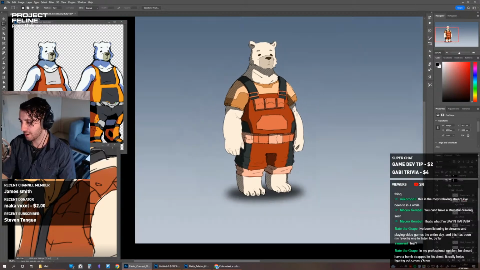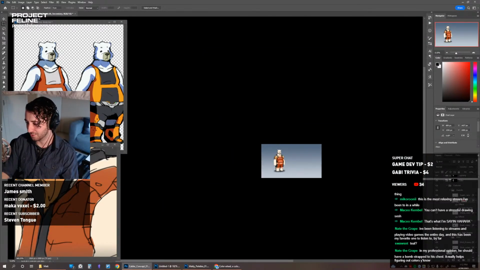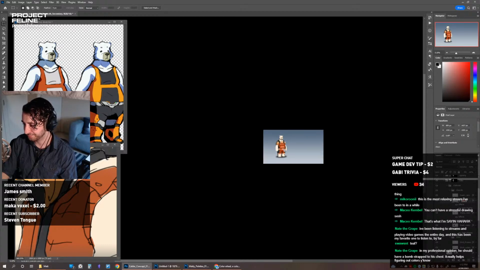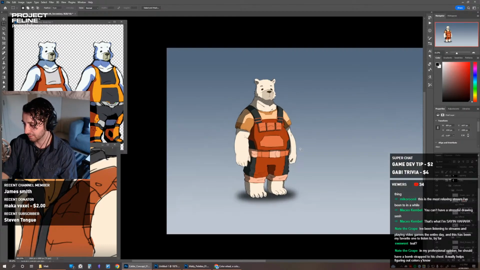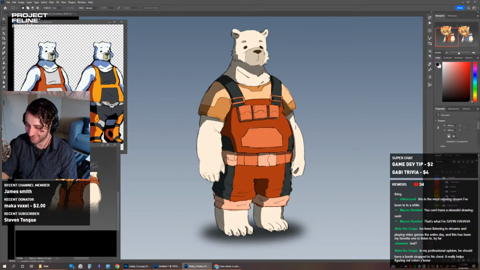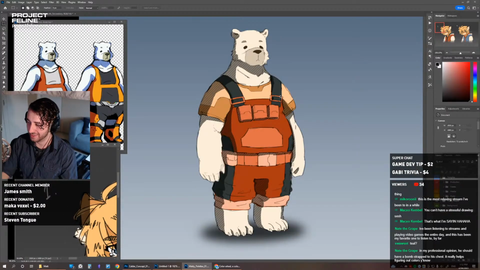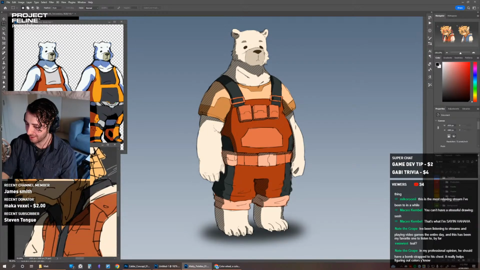Cool. I'm actually kind of digging the gold. And then if you zoom out, you can see it still kind of holds up from far away. At least I think so. We've literally just copied the colors from my other character. That is so funny. I did not think I would be using this palette on this. And I'll bring up, for those who haven't seen what a kookaburra looks like.